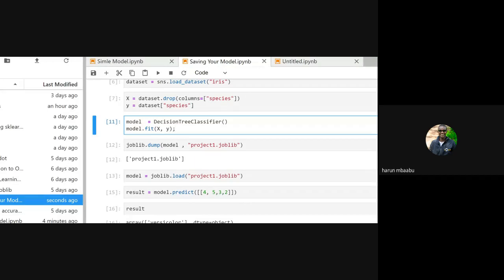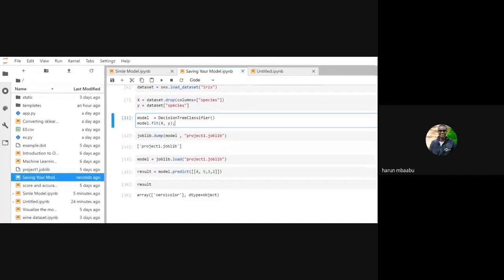The dump method is used to save the model that you have fitted. The first argument is the model that you want to save, and the other one is the file name, how you want to save that model.